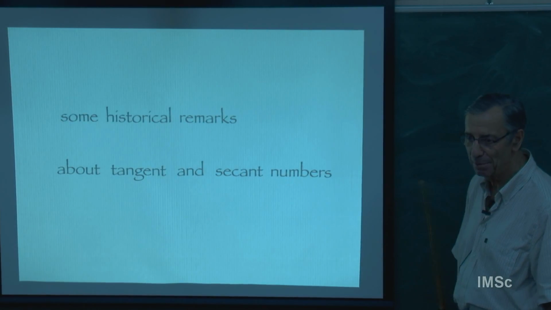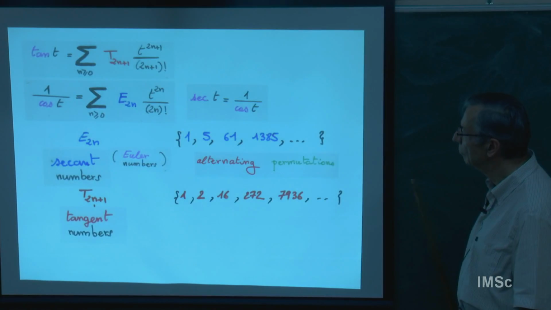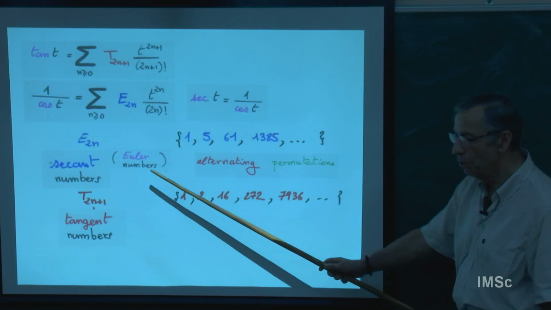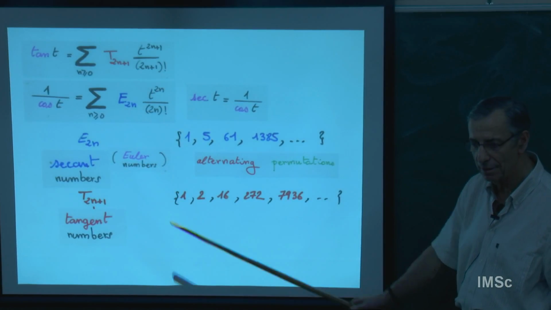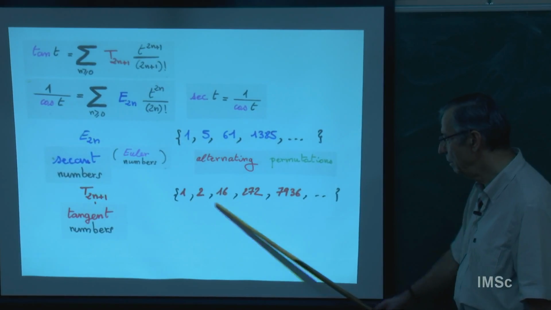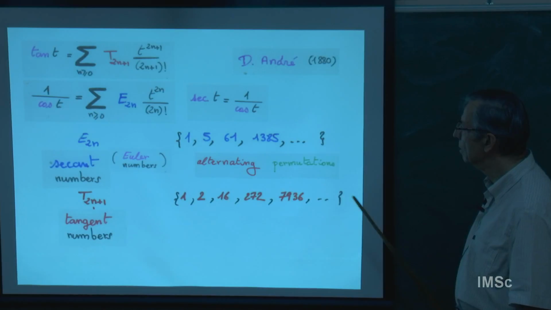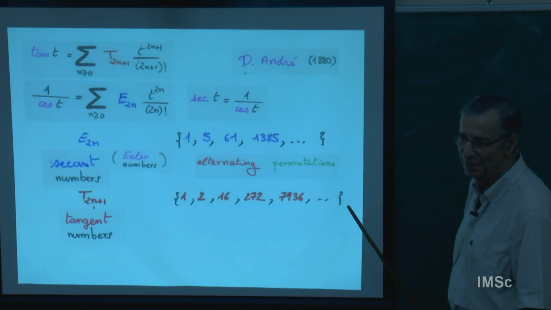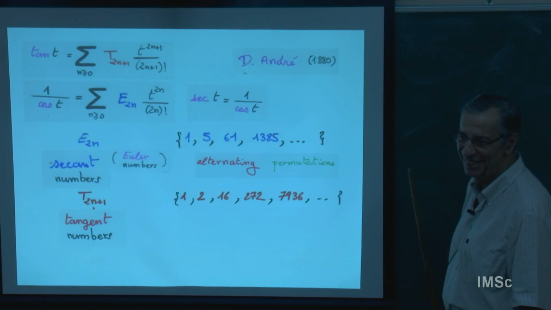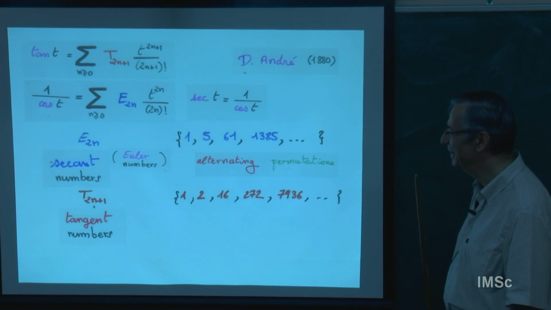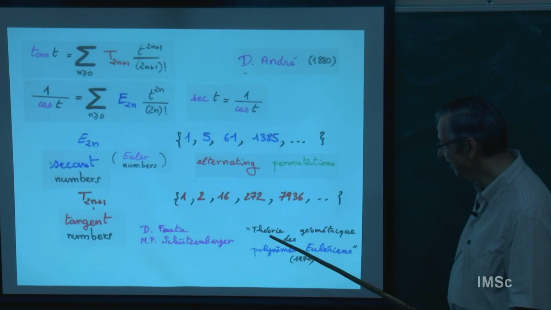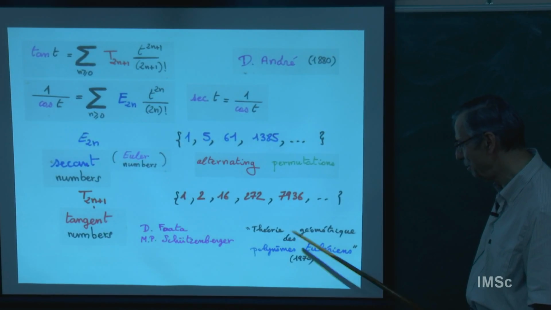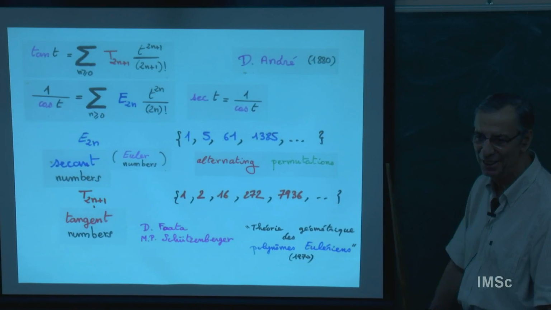So some historical remarks about tangent and secant numbers. So we have seen tangent t, secant. This is sometimes called Euler number because he gets this number explicitly in his papers, and this is called tangent number. So this alternating permutation was invented by Désiré André. He was looking very hard for elliptic functions. He did not succeed, but there are many papers. And then you see, 100 years later, there was a whole book by Dominique Foata and Strehl, Geometric Theory of Eulerian Polynomials, where there is a lot of this secant, this tangent.